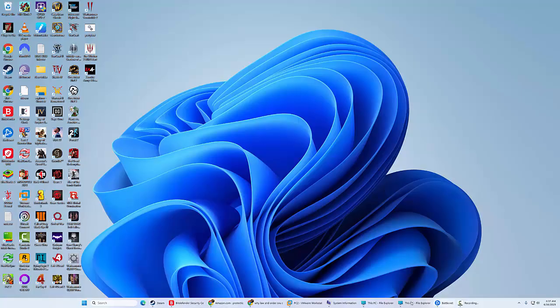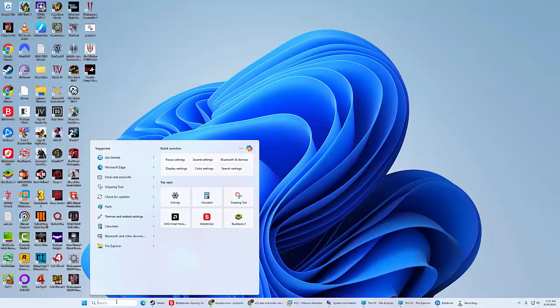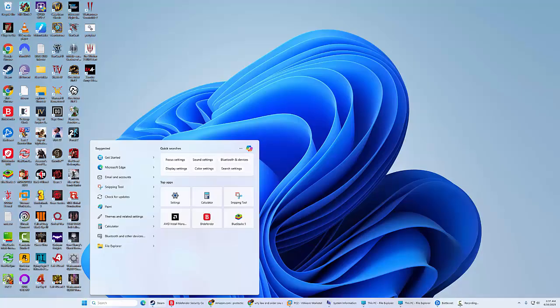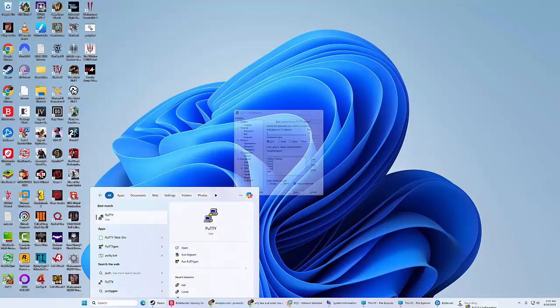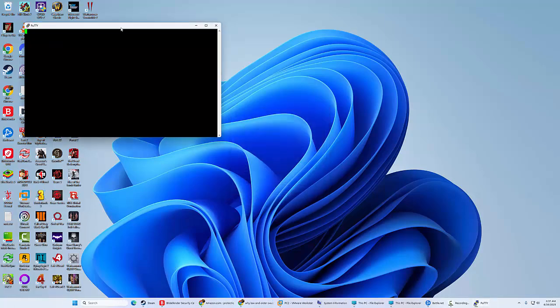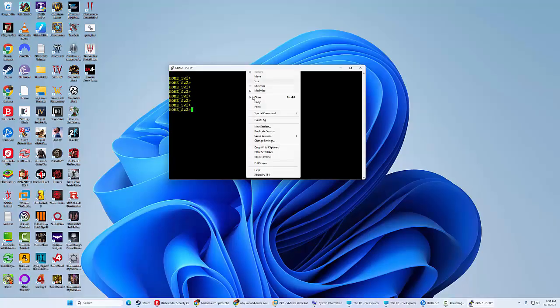The last thing I'm going to show you with PuTTY, because PuTTY is a very simple program. Actually, let's just bring up this one here. Okay? Now, let's go back into PuTTY real quick.